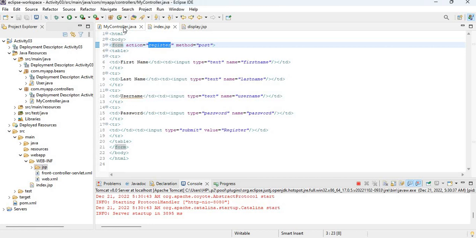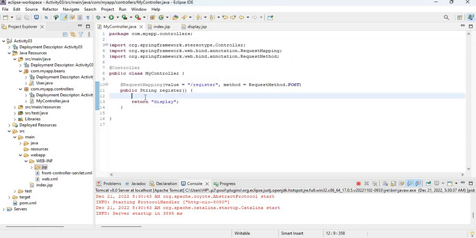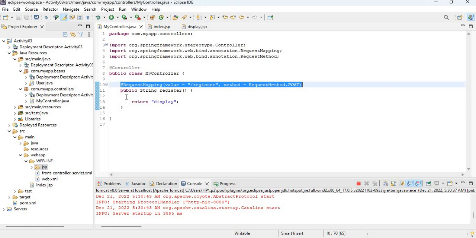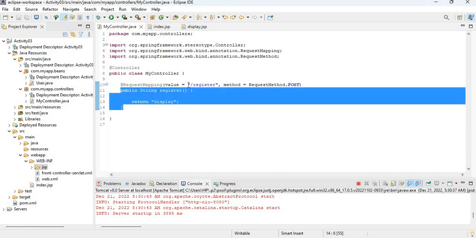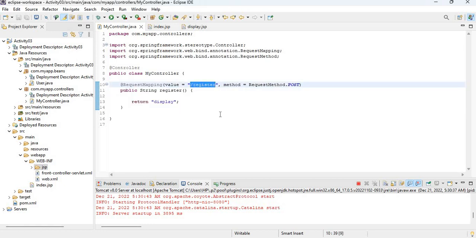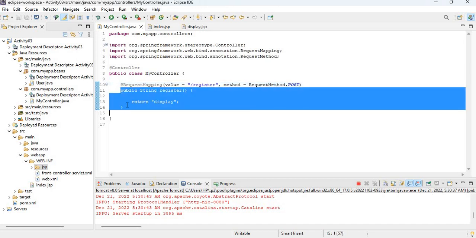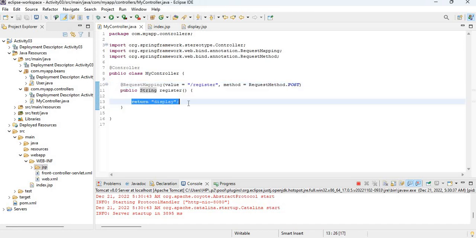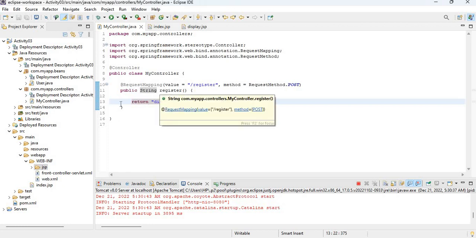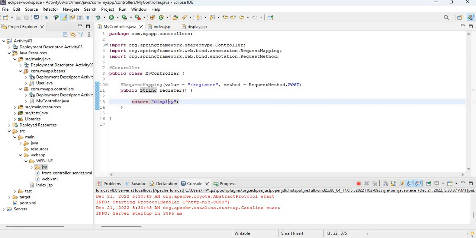From the dispatcher servlet, the request actually passed to my controller, and in my controller I'm having a method to handle this register type URL patterns. So this is the method. This method is going to return the view as display. We are not doing anything here now, but we are just sending the name of the view back to the dispatcher servlet, and the dispatcher servlet, using this